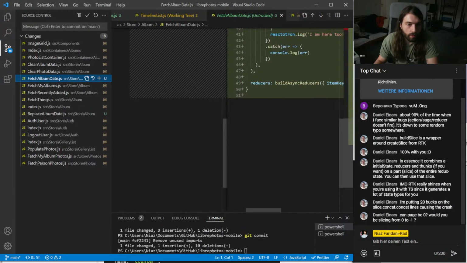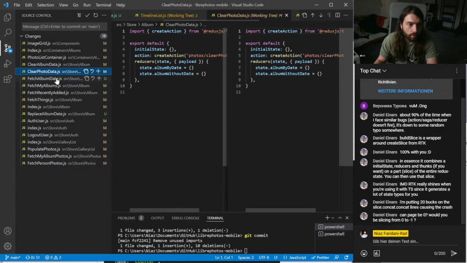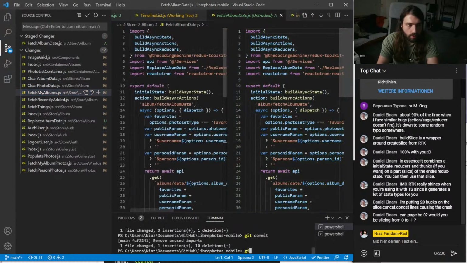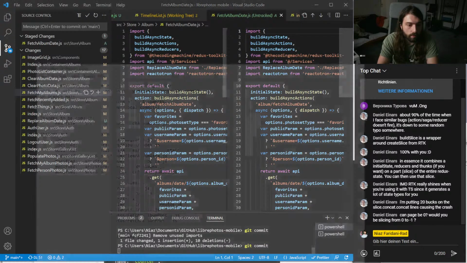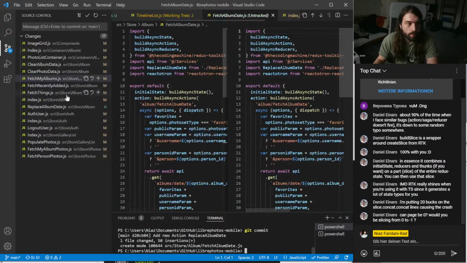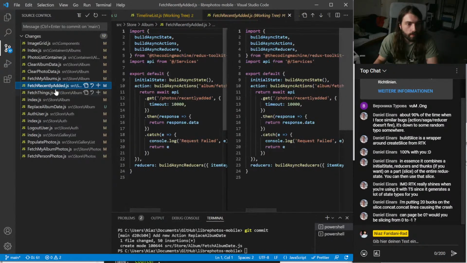Fetch album date, here we go. Now we have a couple of new classes. Stage changes, git commit. Add new action, replace album date. Okay, that is also not relevant.